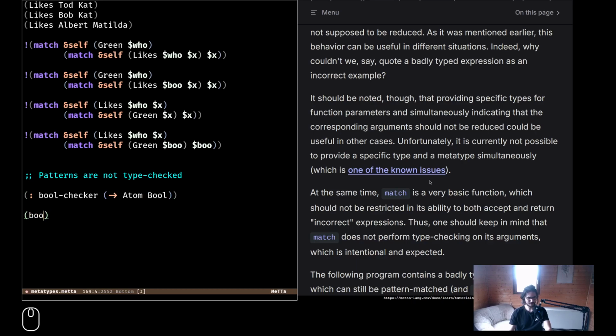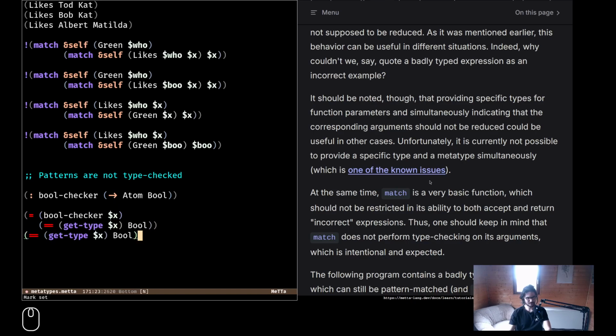So now I implement this, and it takes one argument, and now it says get type equal to bool. Does this work like that?